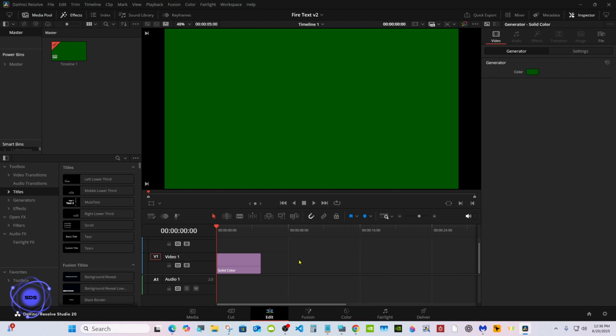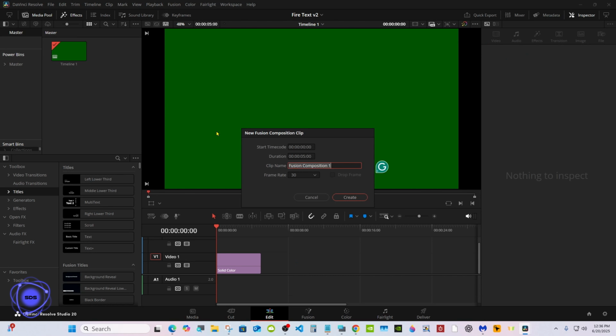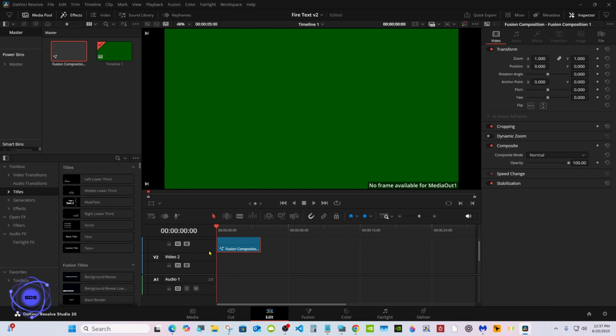I already have a solid color generator just for demonstration purposes on a timeline. As usual, go to the media pool, right click, new fusion comp. You can name it if you want, but you don't have to. The duration doesn't matter because whatever you stretch it to, it'll continue to generate. We are going to make a macro at the end of this